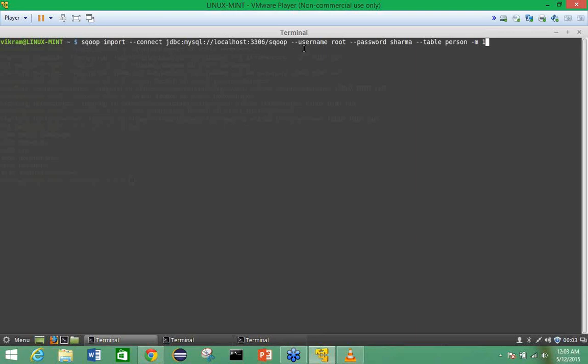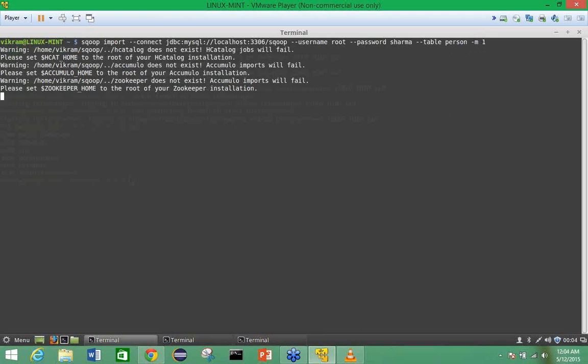After that, double dash. What is the job here? My job is to provide the username and password, and then I will load the table person. Then this -m 1: this -m stands for the MapReduce part, that is, map only, not reduce, and 1 is the number of mappers. I'll simply press enter after this one. Let me see what is happening. Once it is done, it will be redirected to Sqoop,